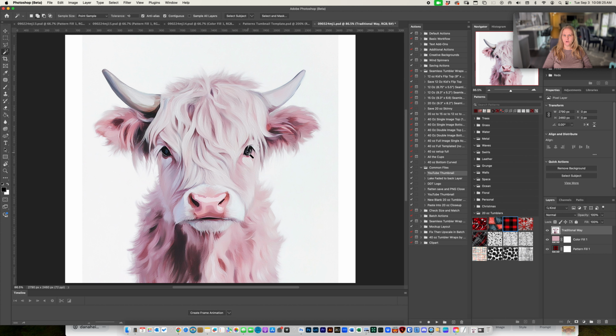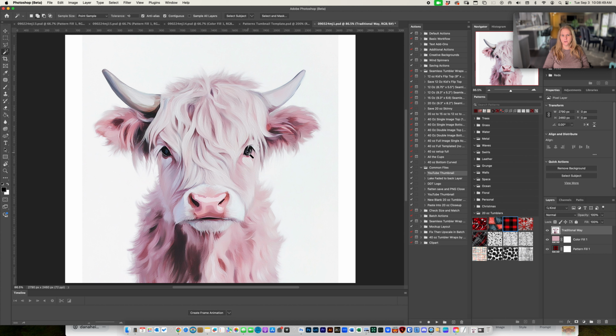So I have a picture of a cow here. I've already loaded some patterns and colors in the background. If you want to learn how to work with patterns, check out some of the links below, and I'm posting a video the same day I'm posting this one to go over patterns to change the look and feel of your images. I have a dark version and a light version so we can look at this cow